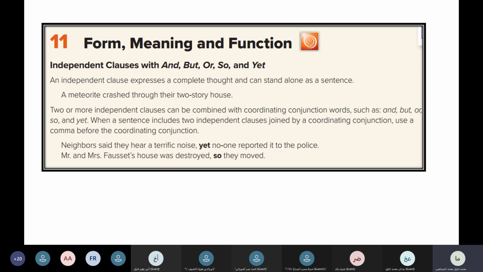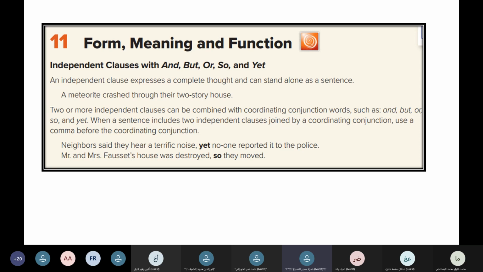Two or more independent clauses can be combined with coordinating conjunctions, words such as and, but, or, so, and yet. When a sentence includes two independent clauses joined by a coordinating conjunction, use a comma before the coordinating